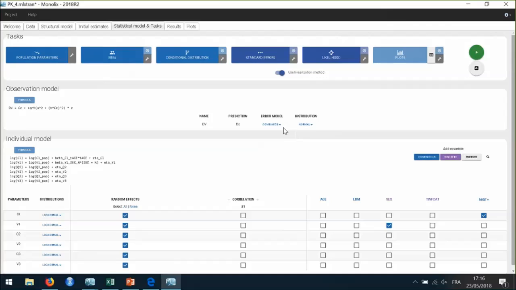But we could check some other error models, and the best way to compare the models would be to compare the log likelihood value or the information criteria. And if you want a more complex model or different models than the ones available here, you can write your own model in the Mlxtran file.